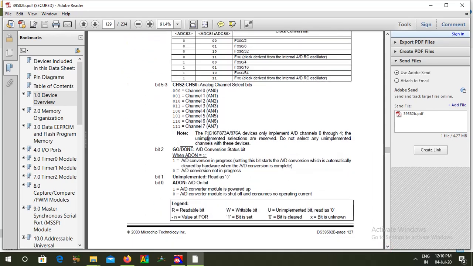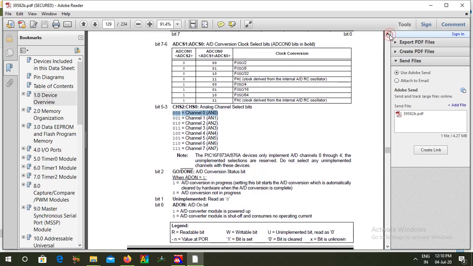Then you have the channel select bits, which have different combinations from 000 to 111. When you keep it at 000, you are selecting channel 0. So we are going to use this configuration: initially we keep bits 6 and 7 as 0, as well as bits 3 to 5 as 0.